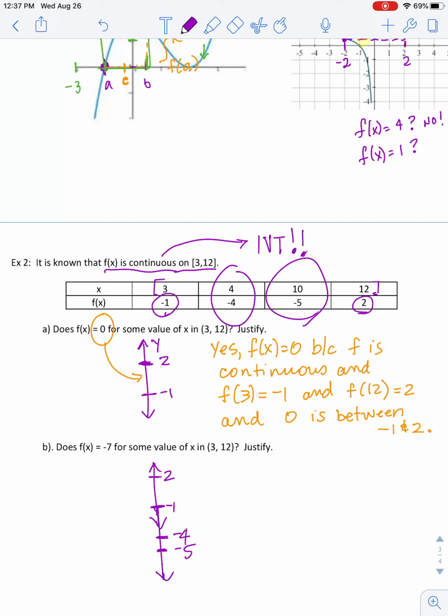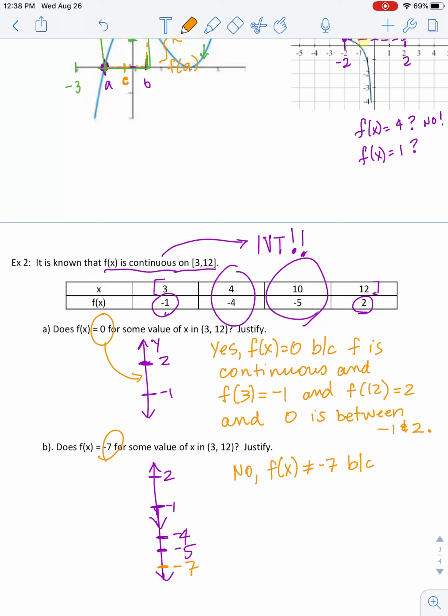Since we know this function is continuous, we can look outside there, because the intermediate value theorem is true on each little subinterval. However, this particular question asks us about the number -7. So -7 is outside of the window that we're thinking of for our y values. So we would say to this one, no, f of x does not equal -7